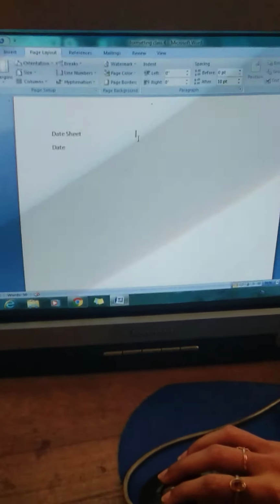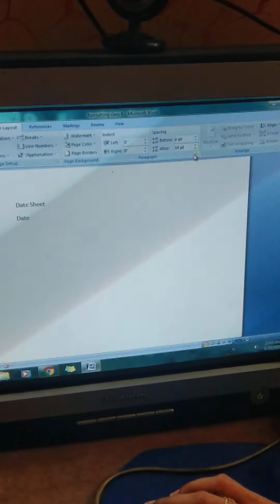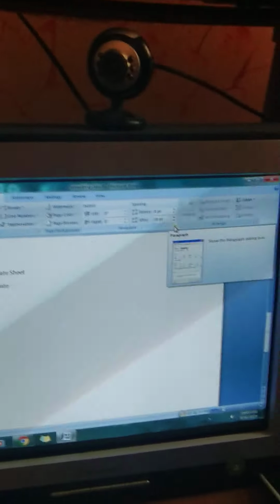Now we can also change this tab spacing, the tab setting, and for that you need to go to the Page Layout tab and then click on this. This is the Paragraph group, and this is the Paragraph dialog box launcher. You click here. From here you click on the Tabs option, and see, the default tab stop is 0.5 inch.